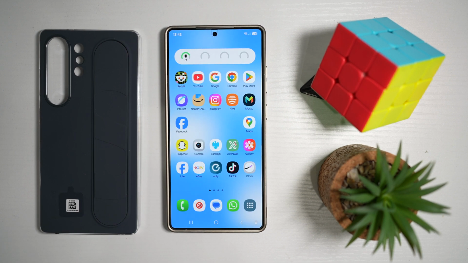So there you go guys, that is how to add the favorite app bar to your Samsung S25 Ultra lock